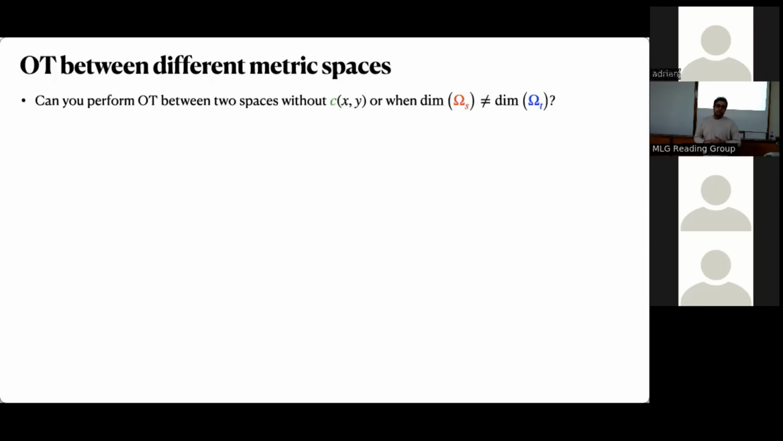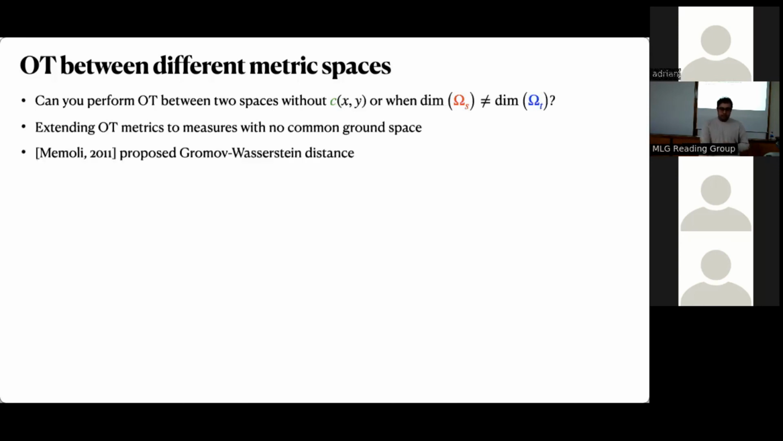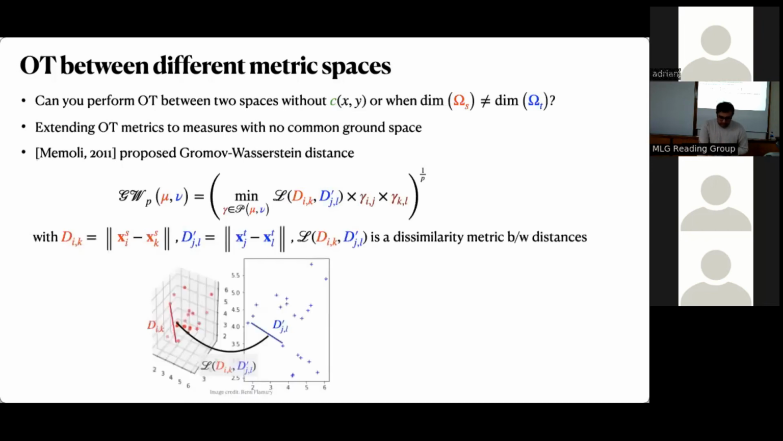Or what happens if the dimensionality of omega s and omega t are very different? Can you still formulate optimal transport in some sort of way? And it turns out that you can extend optimal transport to measures that don't have a common ground space. And in 2011, Memoli proposed something that was called the Gromov-Wasserstein distance. It's got this somewhat icky form, but I'll try to simplify this with this